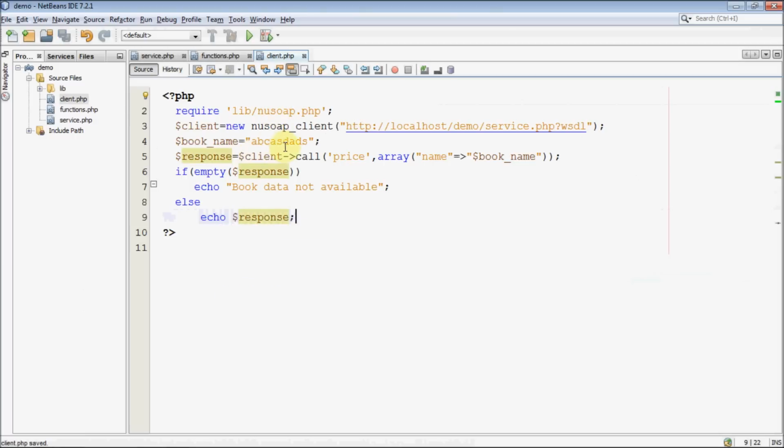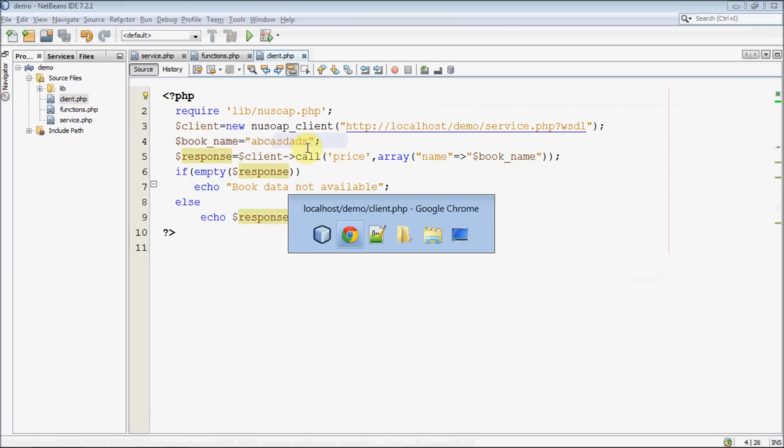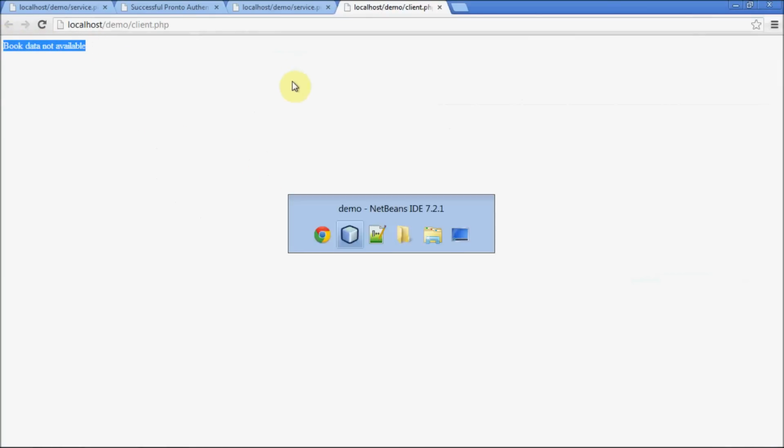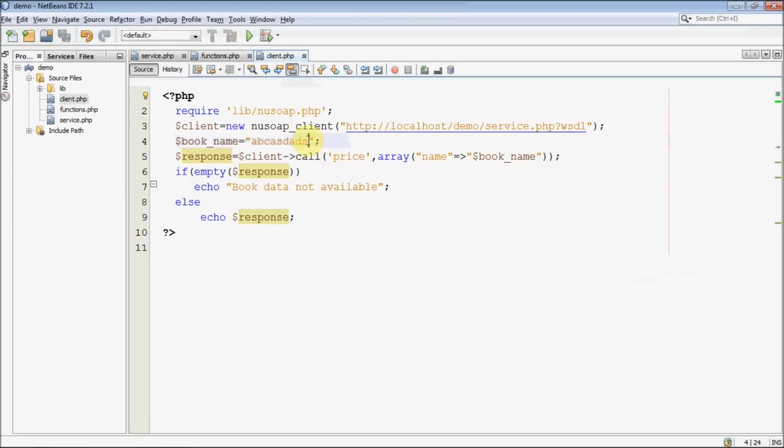So right now we are passing a book name that doesn't exist, so it's returning book data not available. And if you pass the correct book name, ABC, it will return 100.